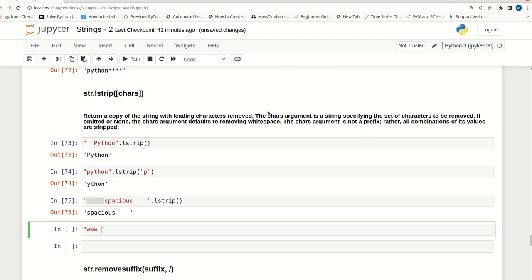The chars argument is a string specifying the set of characters to be removed. If omitted or None, the chars argument defaults to removing whitespace. The chars argument is not a prefix; rather, all the combinations of its values are stripped. For example, see here